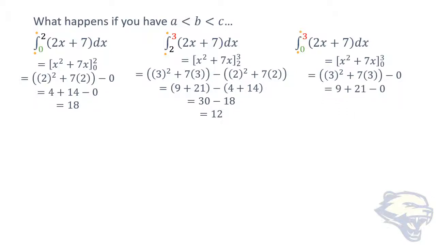There's the 9 plus 21 again, minus 0. That just gives me 30. Okay, so look at these four numbers together, right? I've got an 18 and a 12 and a 30. Well, 18 plus 12 is 30. So what happened? Well, again, if we think back to the number line,